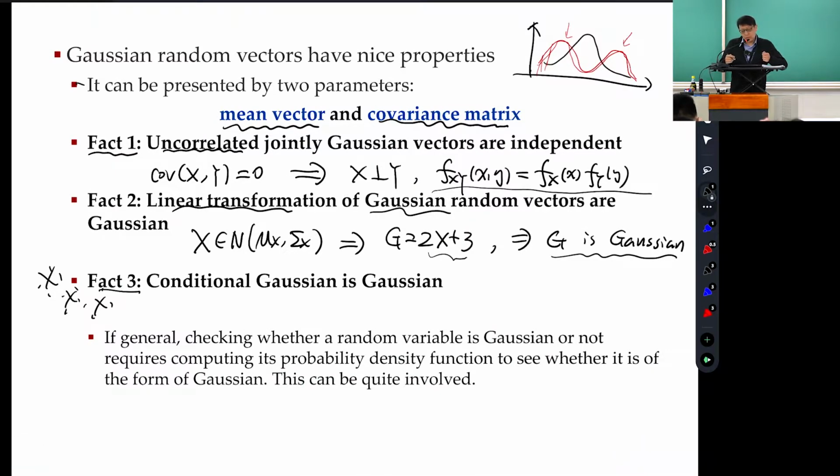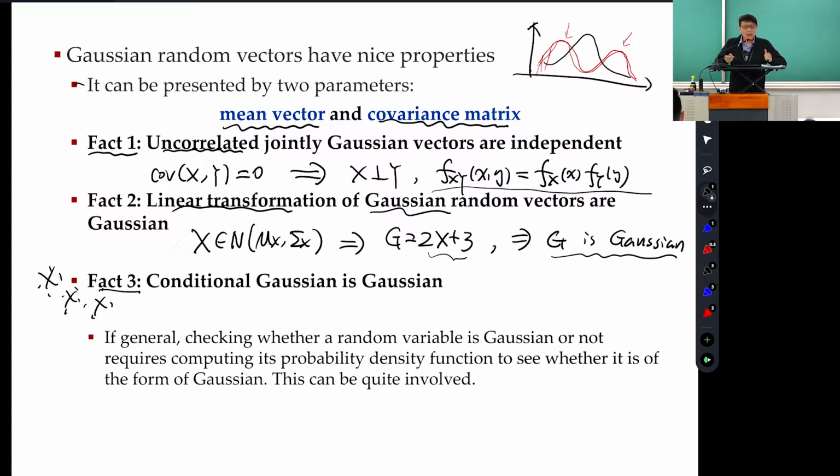But a Gaussian random vector has so many nice properties you have to know. There are three things that I want you to remember, at least before the end of this class. There are three facts. The reason I call them facts is that I don't prove them for you. I want you to somehow believe me. Typically, I'm bad at calculating numbers, but these conceptual things I'm okay with. So believe me, fact one,